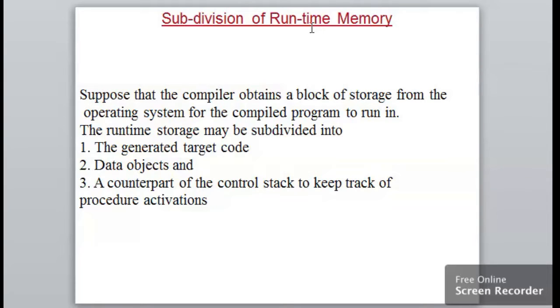The subdivision of the runtime memory. Suppose that the compiler obtains a block of storage from the operating system for the compiled program to run in.